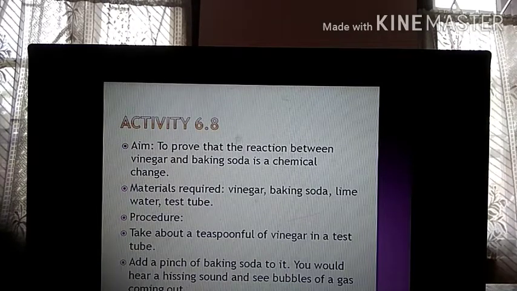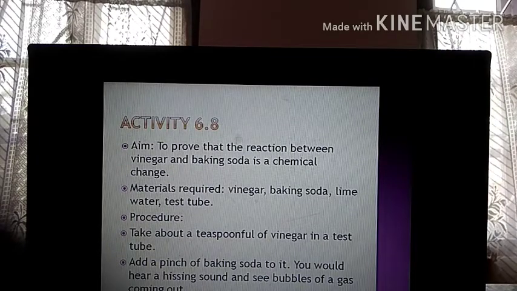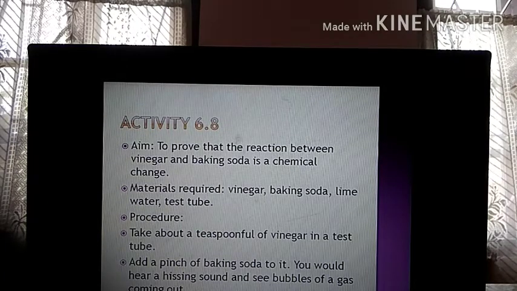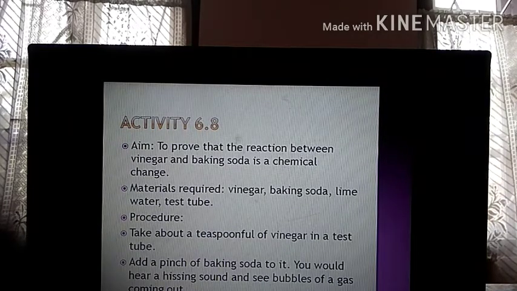Surprisingly, what kind of reaction you will see, I'll tell you. You take vinegar, no? So when you put 1 pinch of baking soda, you will see bubbles of a gas coming and the solution rising. It is like soda water. Suppose you drink any kind of cold drink, suppose Coca-Cola, okay? When you open the bottle of Coca-Cola, you will find bubbles rising out of the solution. Can you see? Bubbles, and you hear a hissing, fizz sound, and the bubbles coming out of the solution as if the solution will come out now. Have you seen that? That is nothing but what? Carbon dioxide gas, isn't it? So the same thing you are going to observe here.